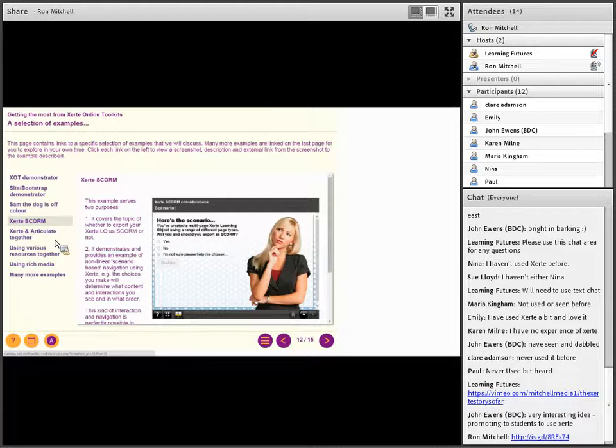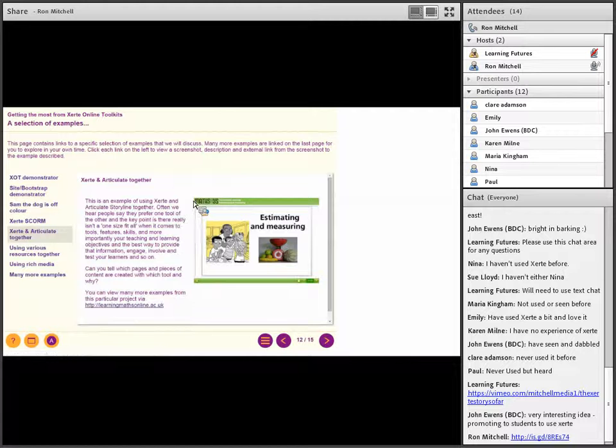scenario-based interactions. And in fact, talking about Xerte and Articulate together, there are some examples on the Maths Online site where we've done exactly that.